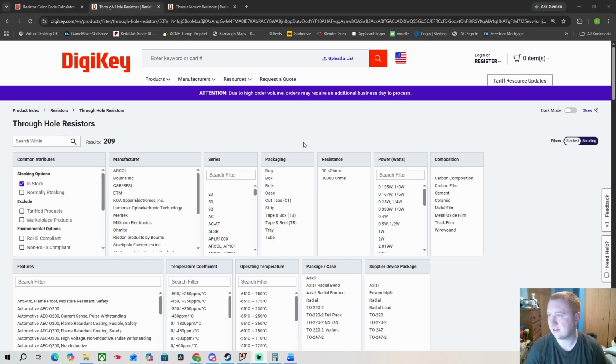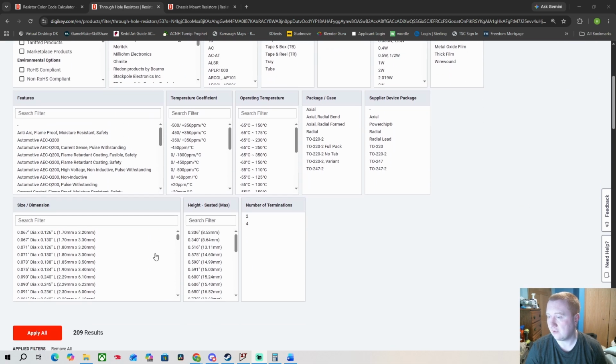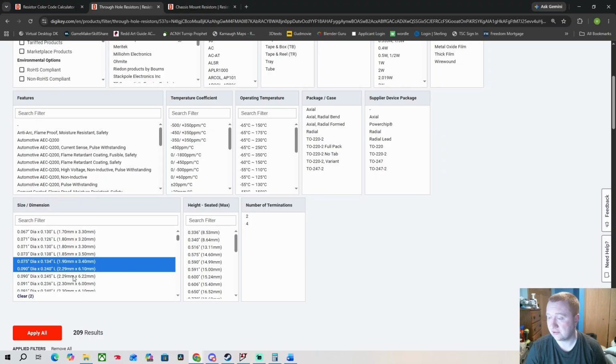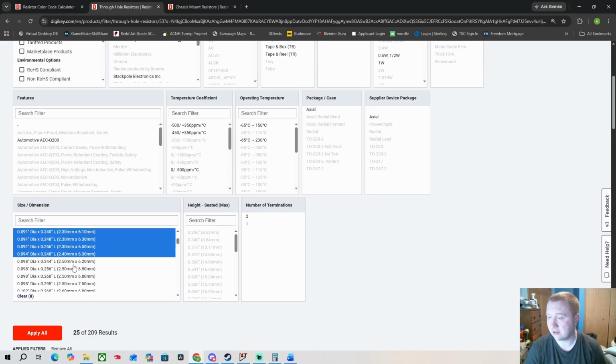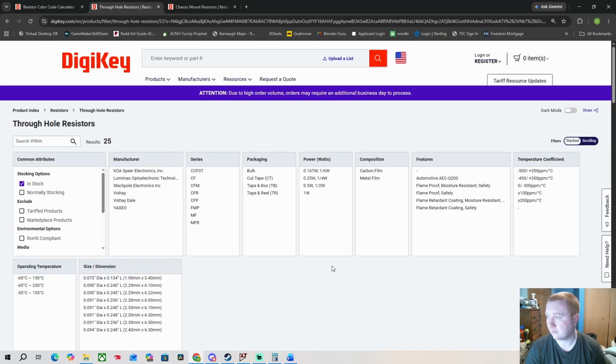If I know how to navigate DigiKey's website pretty well, I just like to use this site a lot. So if I select anywhere from close to 2.2, maybe even 2.3, because I'm not entirely certain on the measurement, I'll get a value from 1/6 watt to 1 watt. I think I usually buy a minimum of 1 watt for this resistor.